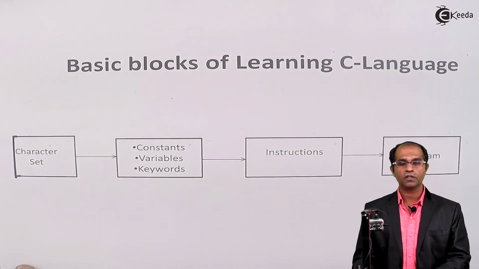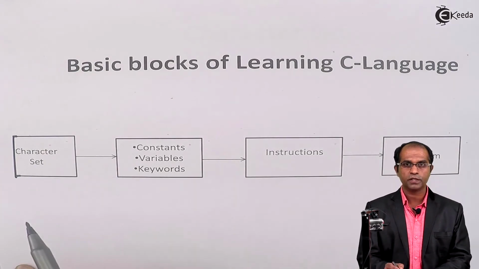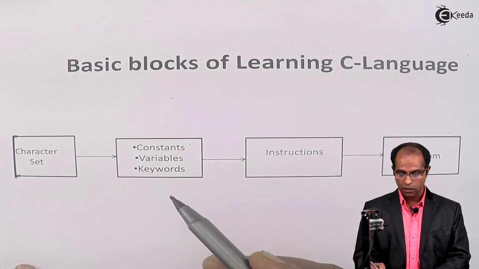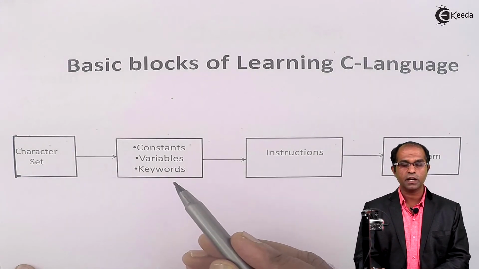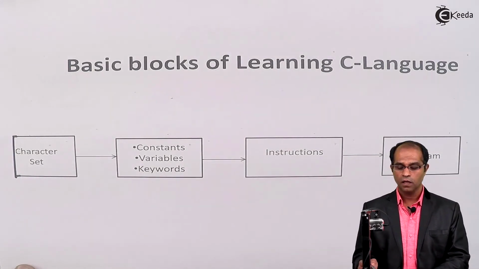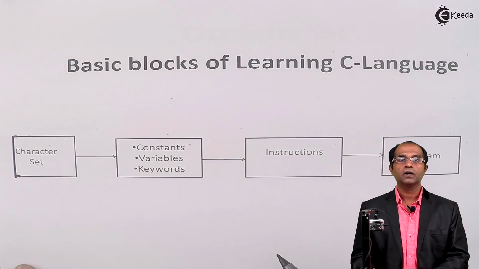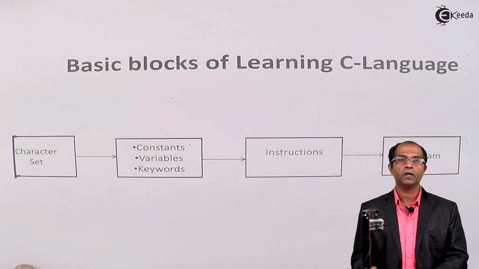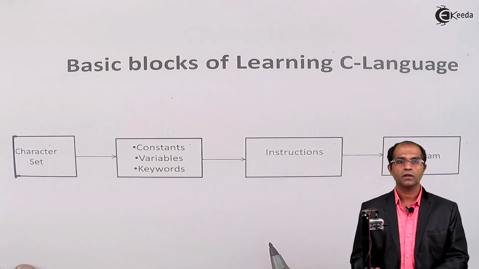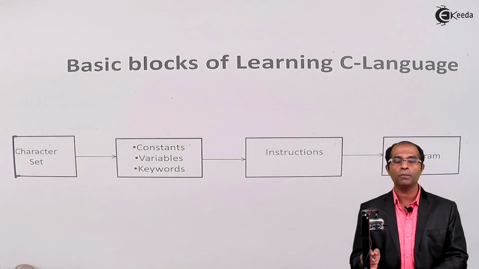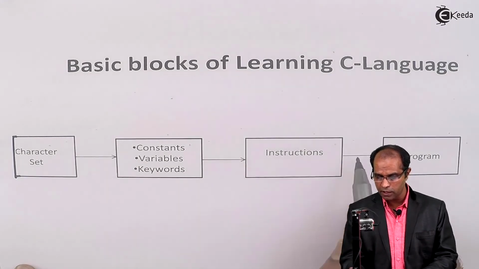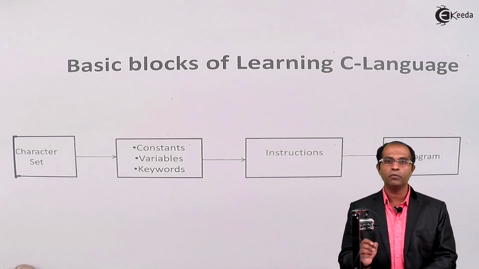So the basic learning process of the English language was about alphabets, that is the character set of our C language, words, that is constants, variables, and keywords. These words were framed into sentences, which are instructions, and these instructions are nothing but programs, which were said to be a paragraph. But if I have a set of sentences, I can't write a meaningful paragraph unless I know the grammar of arranging these instructions or sentences into a meaningful paragraph.